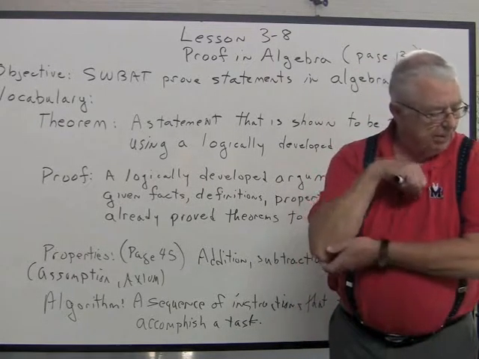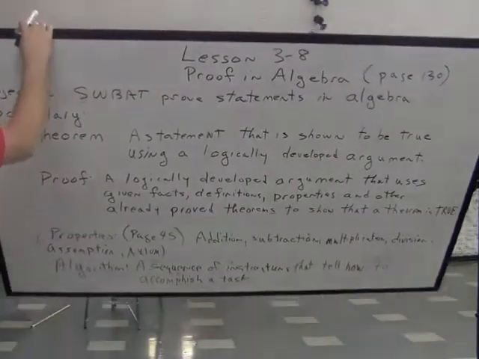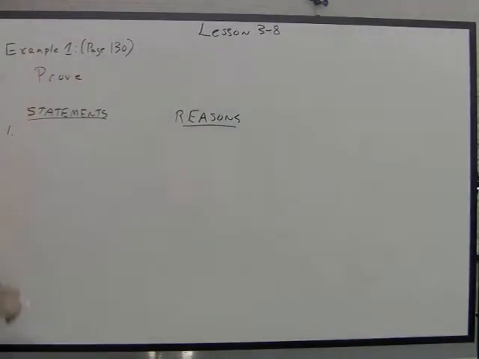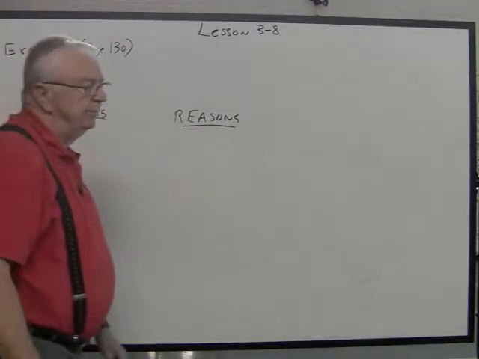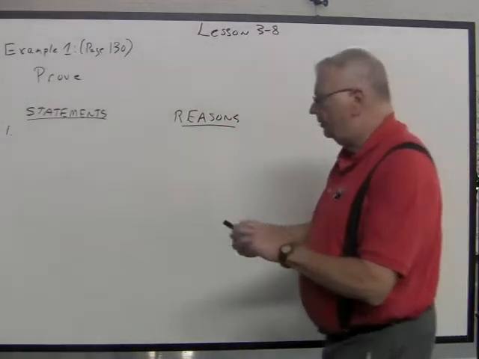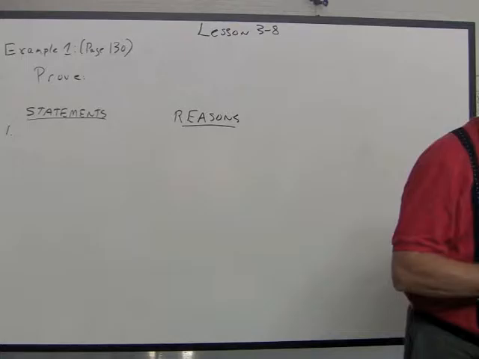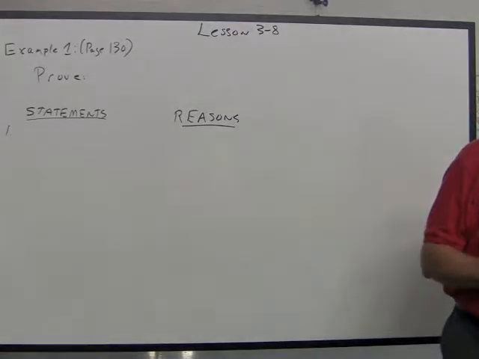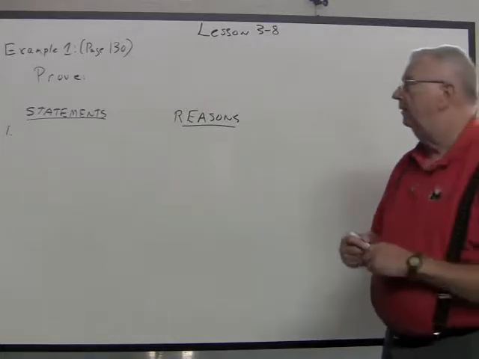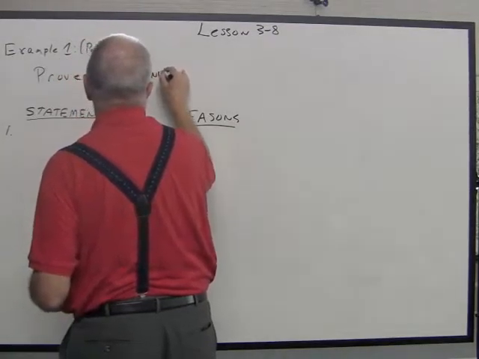So let's look at example number 1 on page 130 and look at its format. You'll see that example 1 says prove. This is what you're going to try to prove: for all numbers a and b,